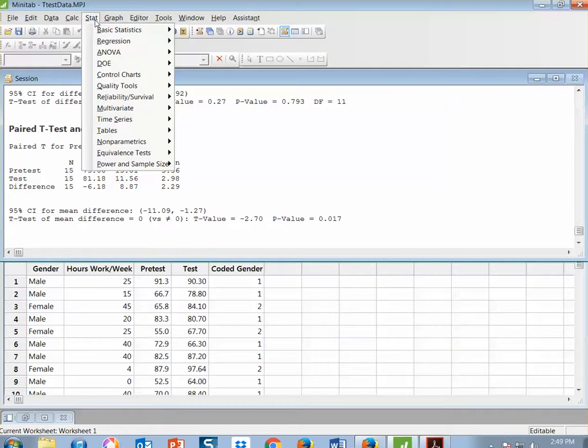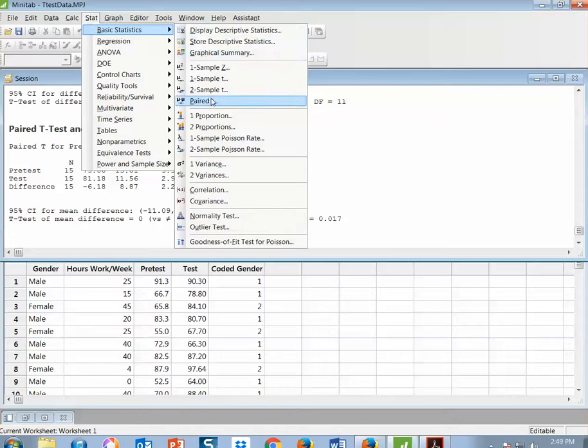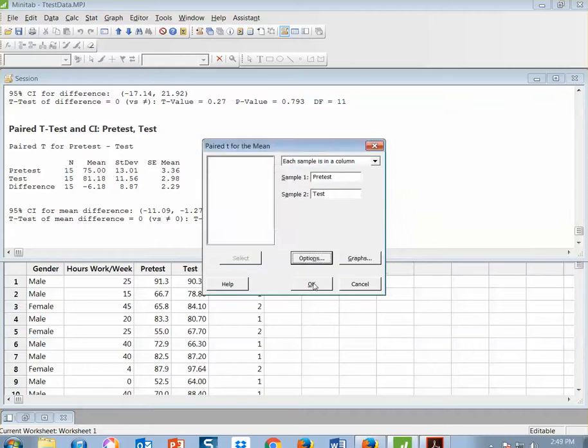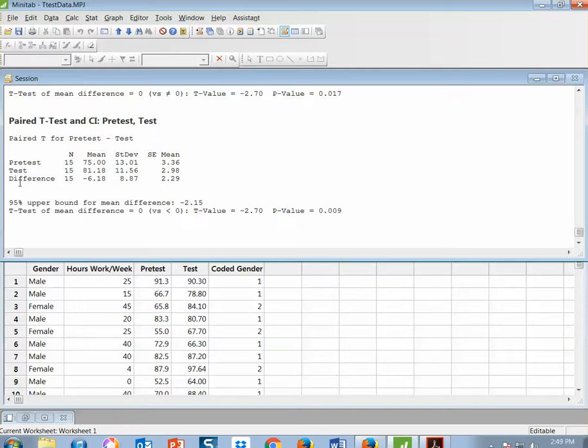So you're going to come back up to Stat, Basic Statistics, Paired t, and this time under options, we're going to say the hypothesized difference is less than. Click OK, OK, and you can see that they are doing pretest minus test, so you're good there, no recoding. And look at our p-value. Right there, our p-value is 0.009, right? So if we come back down here,